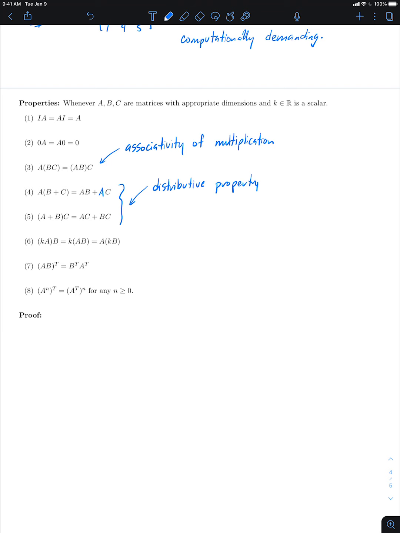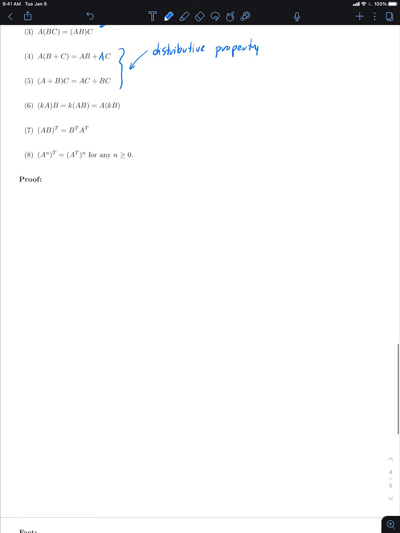All right, so let's prove property 7. And we're going to use the exact same proof technique that we used in our seminar, where we're going to actually show that this holds by just looking at one entry at a time and showing that for any row and any column, the entry on the matrix on either side is going to be the same. So let's